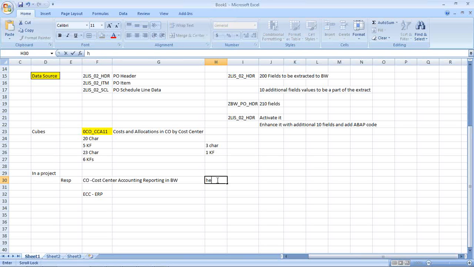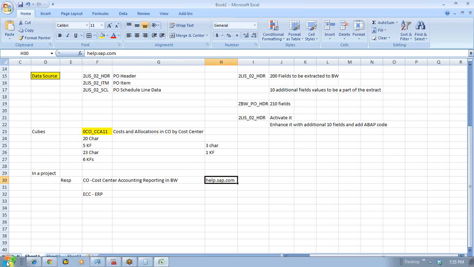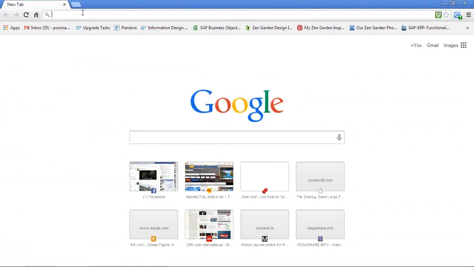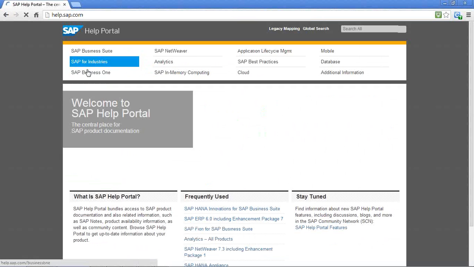Okay, so Ankur will go to this place, help.sap.com. All this is explained in the videos, where to go, what to do and all that. Okay, but I'll show it to you again. help.sap.com. Okay, this is an encyclopedia of BW and SAP. All products relating to SAP, somebody has to know, read about it. This is the place where they'll go. So if you go to any browser and do help.sap.com, all right,